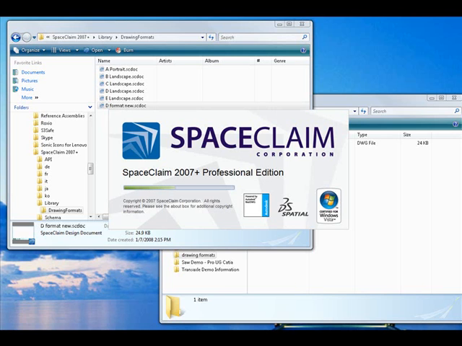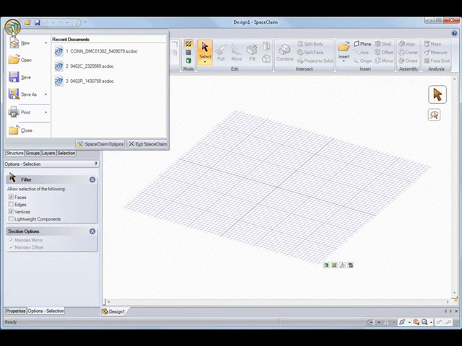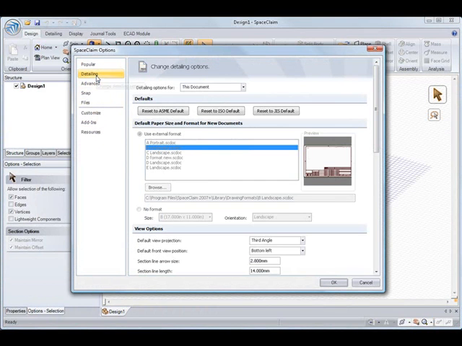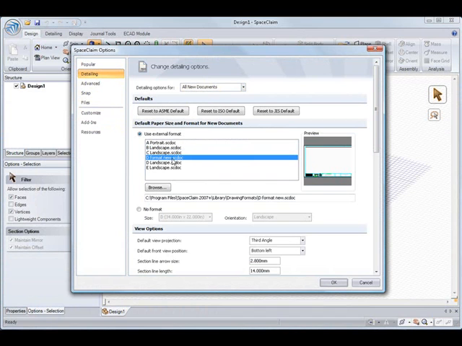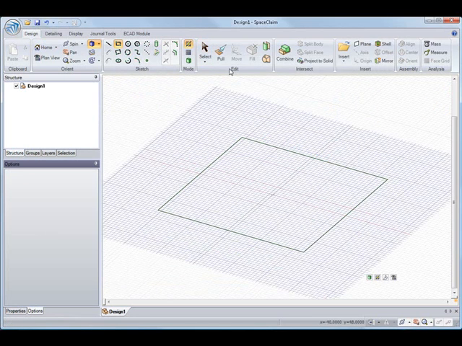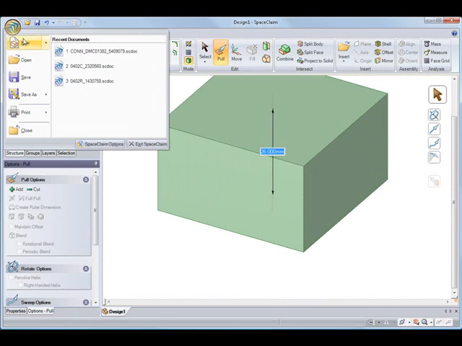So we'll wait for SpaceClaim to open a couple seconds, and then we'll go ahead and set it as the default. So go to the application menu, go to the SpaceClaim options, and go back to the detailing tab. So now you can see that our new format is in the list. So let's set this for all new documents, and we'll change it to our format. And we can see the preview on the right. So we'll click OK here, and I'll make a quick little sketch, pull it up, and now when we go to put this on our drawing format,